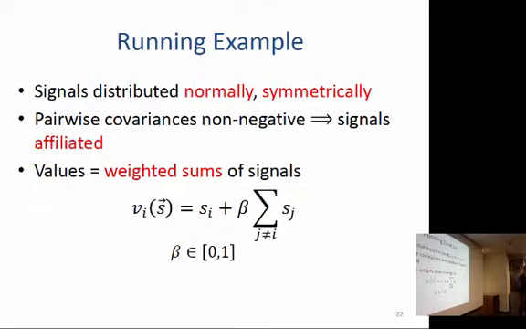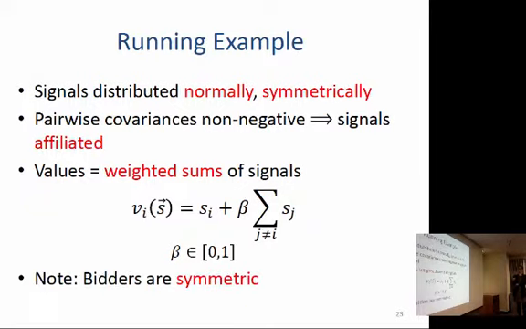I guess if you vary beta, closer to 0, then your signal has a larger part, and if it gets closer to 1 and there are a lot of bidders, it gets really tiny. Yeah. Okay. Just to point out that this example is all symmetric, because we have this symmetric distribution, and also because the way the values use each bidder's signal is the same for all of the bidders.